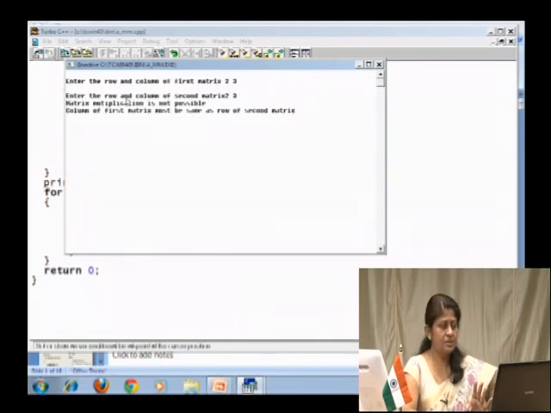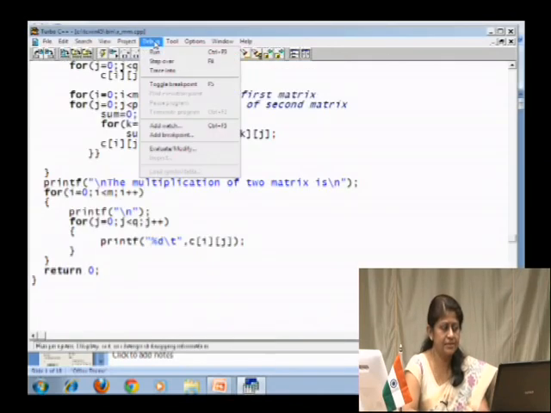It is giving out a message that matrix multiplication is not possible. Column of the first matrix must be the same as row of the second matrix. So as I have given 2 cross 3, 2 cross 3, we do not have that matching factor. So matrix multiplication is not possible in that case.